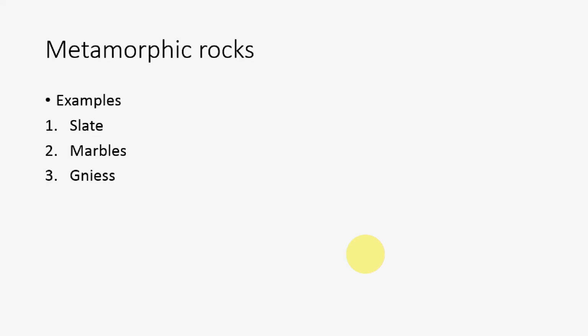The next we are going to see is metamorphic rocks. Basically, what does metamorphic mean? It is nothing but a change of form. Due to something, a particular material changes its form to some other form. So metamorphic rocks are usually created under the action of various pressure, volume, and temperature changes.